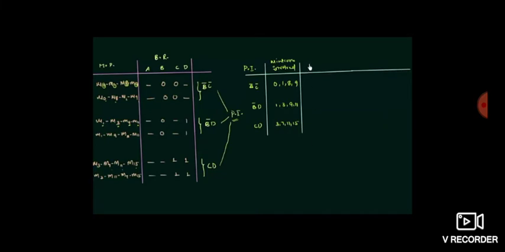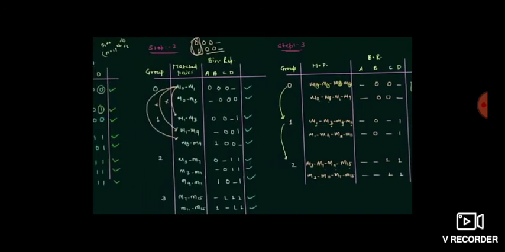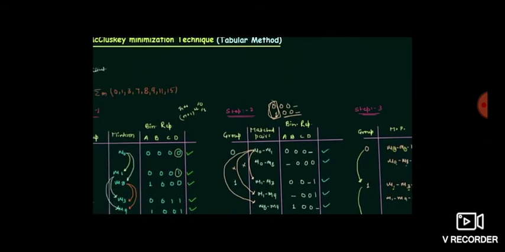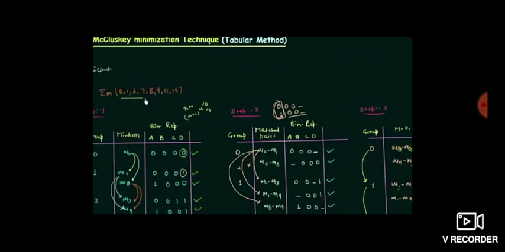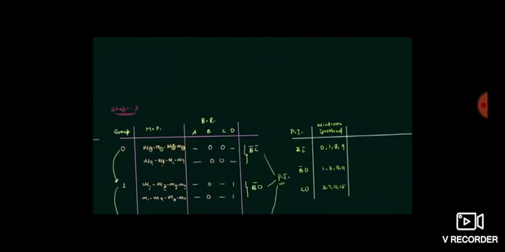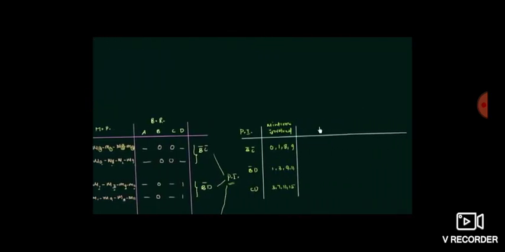Based on those values, we are observing the first problem we have taken as an example, that is the values 0, 1, 3, 7, 8, 9, 11, 15. We note down those values in step 4, and in the final step we note down 0, 1, 3, 7, 8, 9, 11 and 15. So we have observed what values are there.